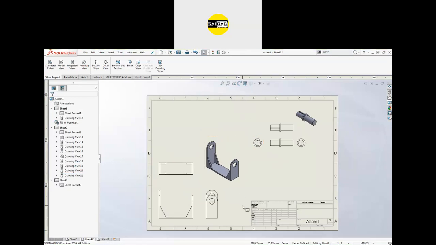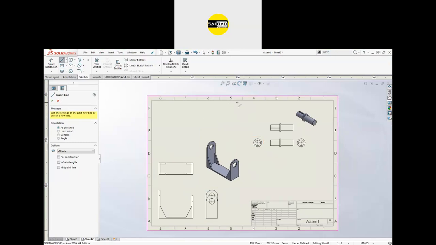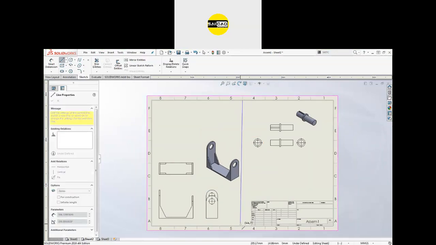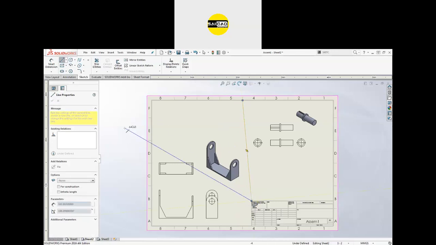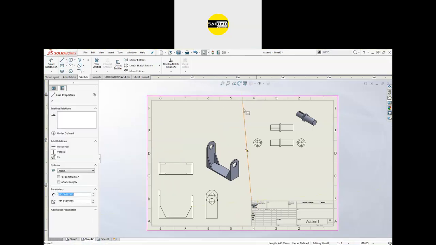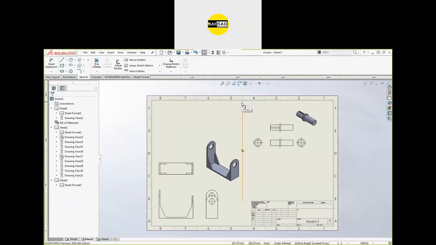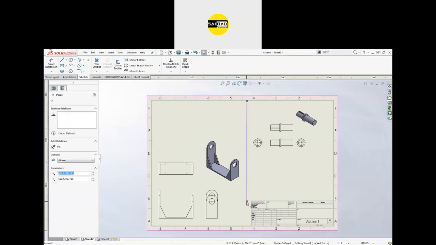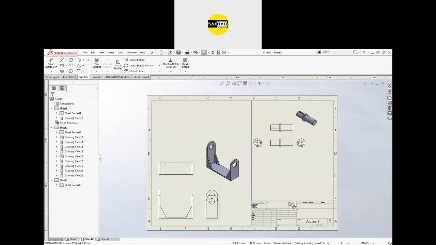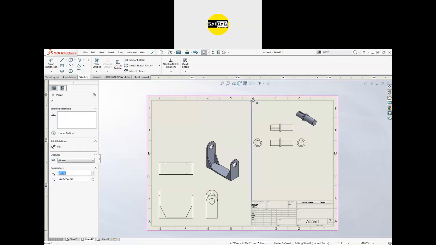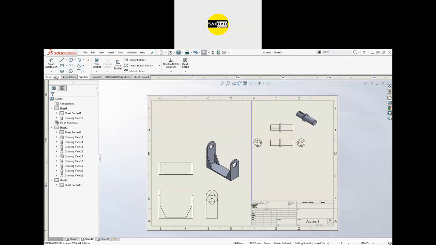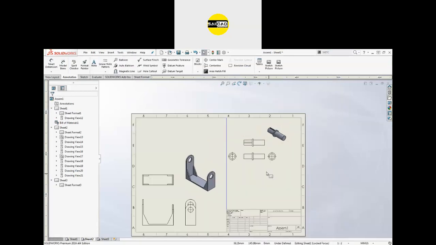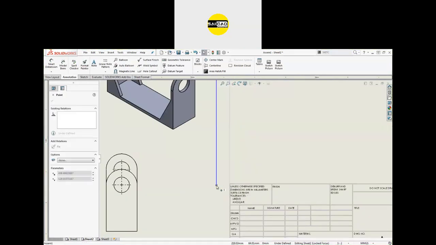So how to separate, how to add a separation line? For that you can go to the sketch. Okay, and in the sketch, you can just create a line from somewhere here, okay, or up to here. Now I need this line to be vertical, and I need that point to be moved like here. Okay, so this will be the separation like that, and just go to the layout, and we have the line here.